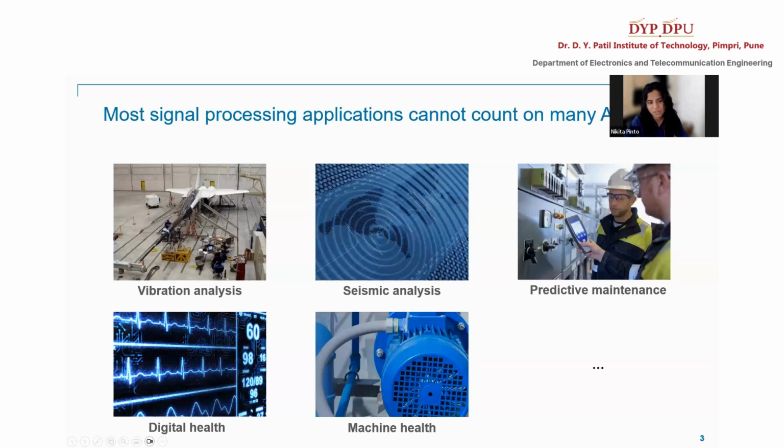Digital health, on the other hand, I'm sure most of us are aware. We all have phones, we have smartwatches. Another example is my dad, who has diabetes, so he wears one of those continuous glucose monitors. Those are constant monitors, they are capturing signals. All of this data stream that we get from our phones, these are signals, and so we can use AI on these signals to predict the health of a patient if something is going wrong and so on, right? Machine health I won't describe again because we talked about it with vibration and predictive maintenance. These are just 5 examples here, but obviously there are limitless opportunities, and electronics are becoming cheaper every day, so that means sensors are becoming cheaper, and so the amount of data we have access to